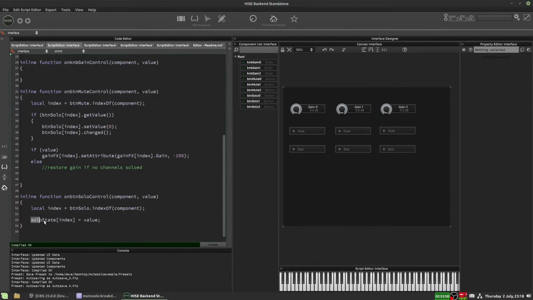We're able to ask, does our solo state array contain the value 1? And if it does contain the value 1, that means one of our solo buttons must be pressed, because when a button is pressed, it'll put the value of 1 into our array. If it doesn't contain the value 1, then that means no solo buttons are pressed. So let's go back to our mute callback. We'll add on to this else an if, and we'll say if solo state dot contains 1 equals false, then